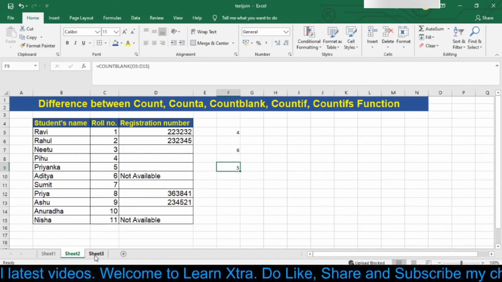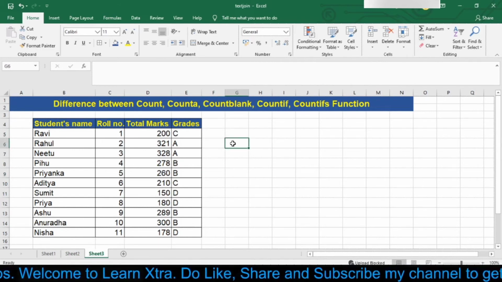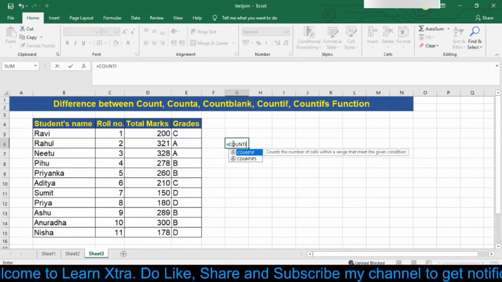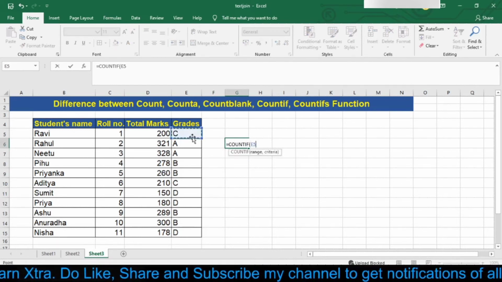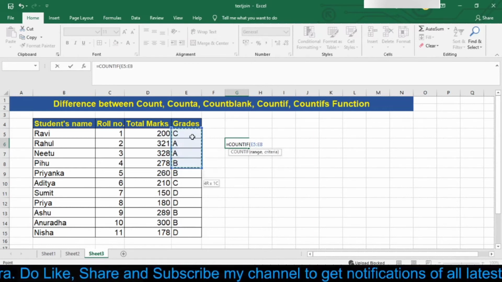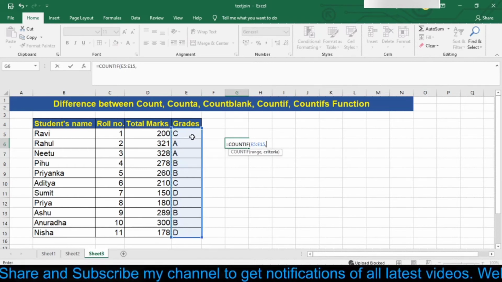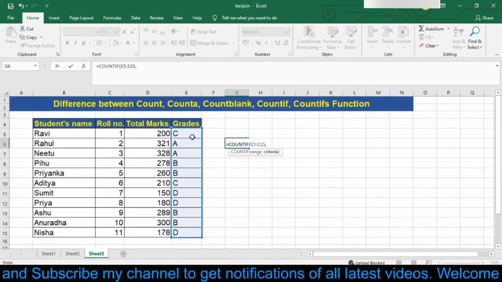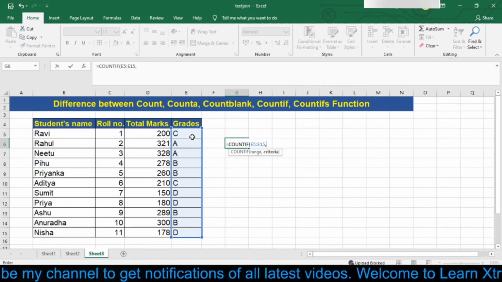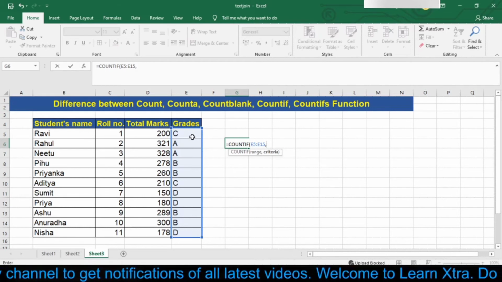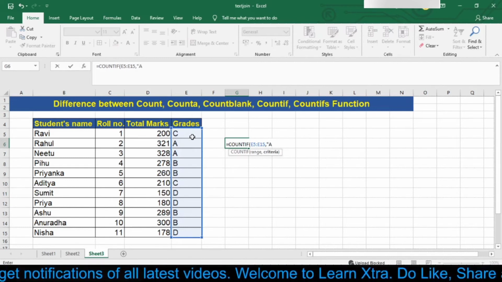Now let's move on and understand countIf and countIfs function in Excel. So simply type equal to countIf and then open bracket. Then in range I am selecting grade column, that is E column, where I have grade of students, and then in criteria I am typing A because I want to count the cells which have written A in them, that is the cells which have grade A. So simply type A in double inverted commas and then press enter.